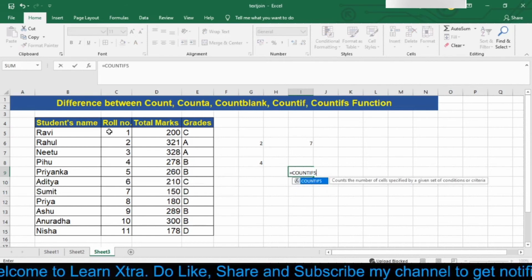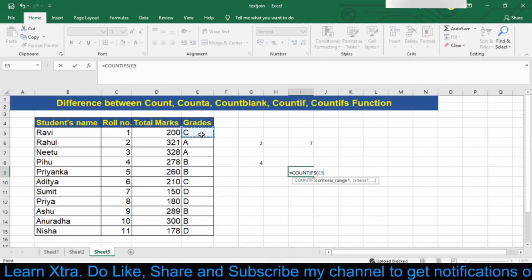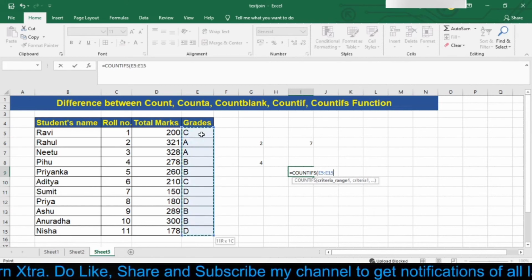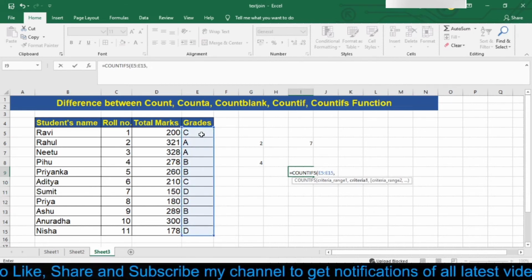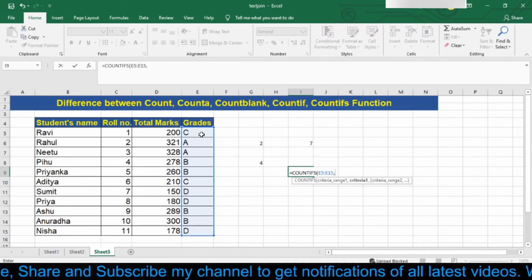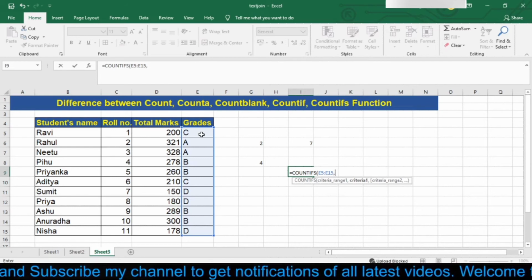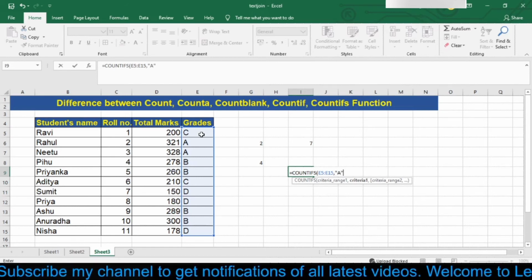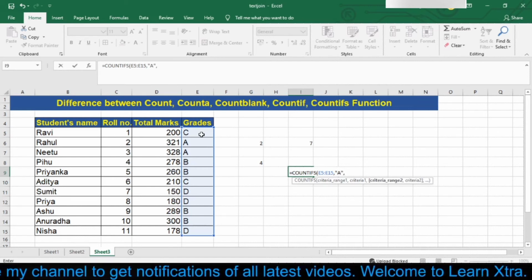Now let's move on to our another example, that is of COUNTIFs function. Simply type equal to COUNTIFs and then open bracket and then select your grade column, that is E column, and then in criteria 1 I want the grade, out of all these 4 grades, I want only A grade.